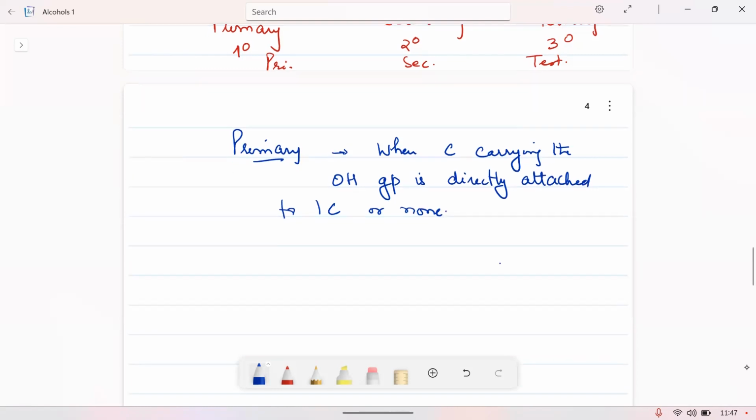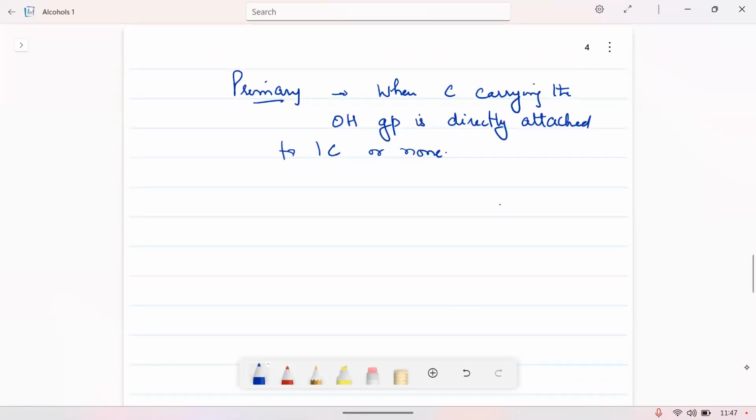It is similar to your haloalkanes or carbocations. So for example, you have OH attached over here and you have the H over here. So our focus is this carbon because it carries the OH. It is not directly attached to any of the carbon atoms. So this will be considered as a primary. However, if it was like this,